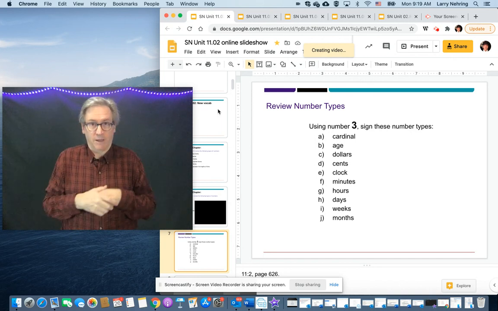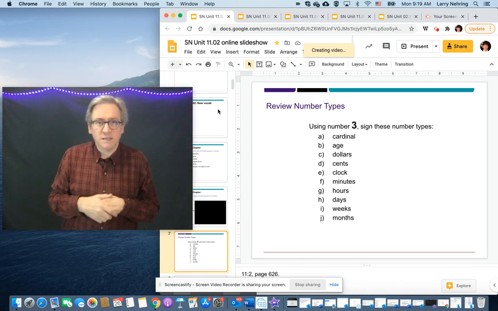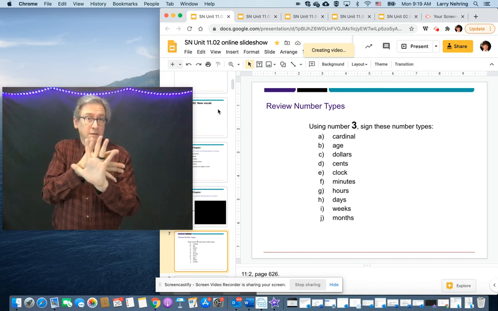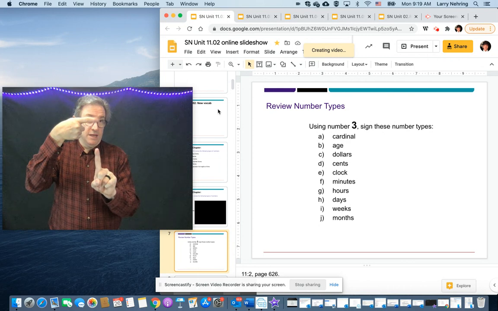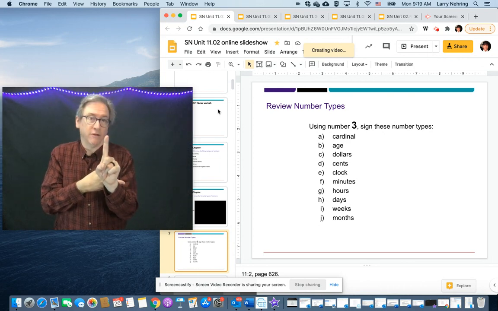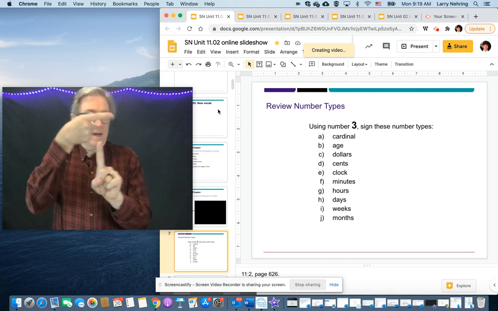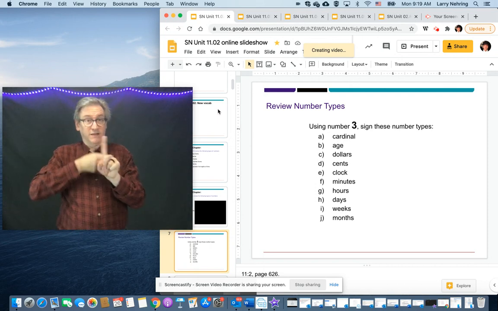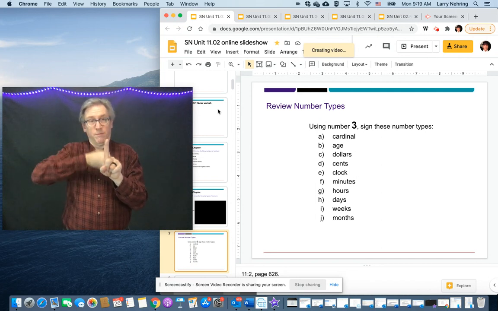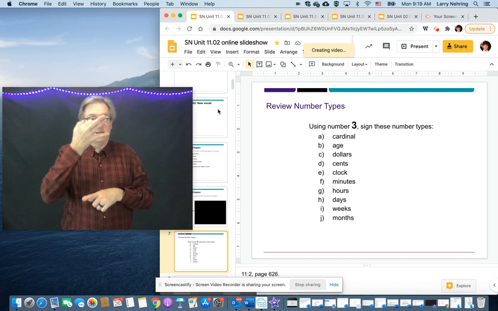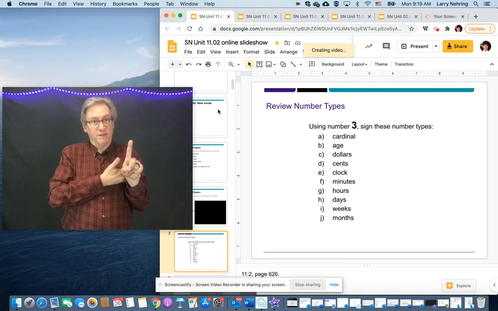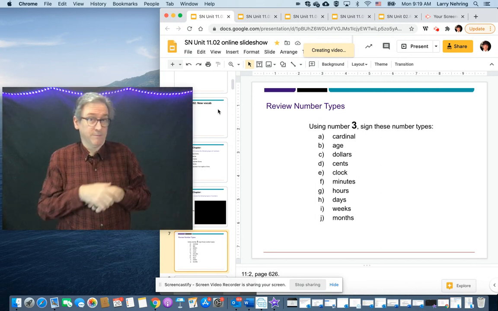weeks. Okay. And then we have months, which is back of the hand to back of the hand, and index fingers, and then rub the back of one index finger down the back of the other. Month. In my mind, it's like flipping over one of those calendars, a monthly calendar. Month, month, month. So 1 month, 2 months, 3 months, 4 months, 5 months, 9 months, right? And then